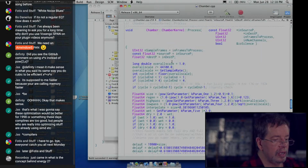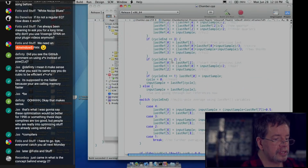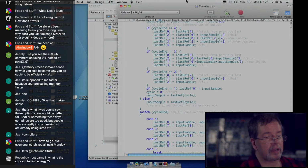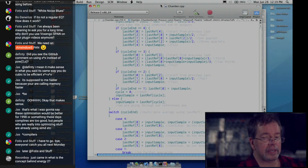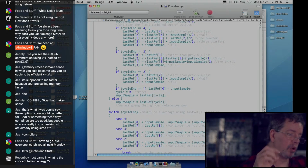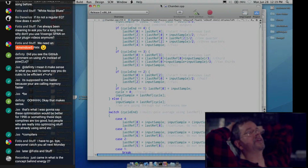And here is Chamber. It's a big old reverb. But you know what else it does? It does this stuff, what you see on the screen right now. And this is my undersampling code. This is the code where if it's running at 96K or 192K or whatever, stuff that is tied to the existing sample rate. And if you just straight up scale it up, because the thing about it is, the way that worked, the sort of duo setting, various kinds of boosts,